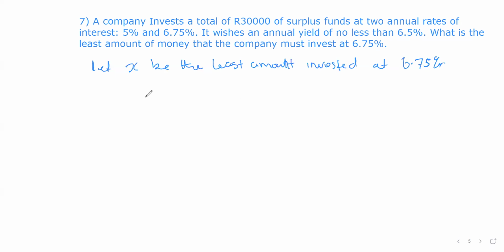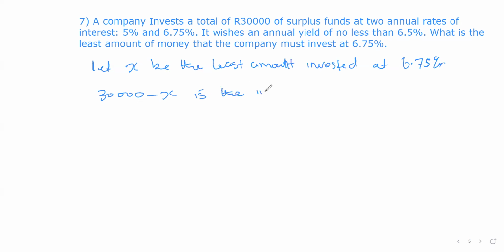So if X is invested at 6.75%, that tells us that 30,000 is the total amount that these guys want to invest at these two rates. So if they invest X at this rate, then the remaining, which should be 30,000 minus X, is